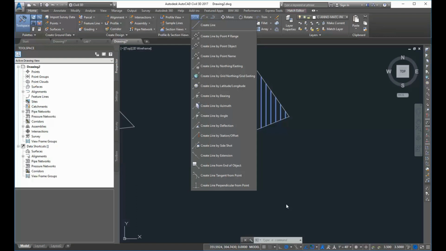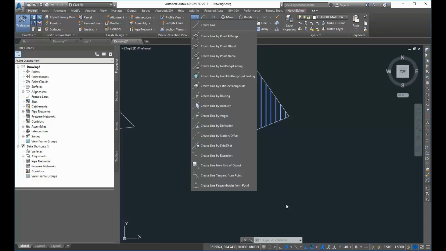It shouldn't take more than maybe 15 minutes to do, and then you're going to save it back to your own folder, and you can upload the DWG, the drawing file. You don't have to convert it to a PDF or anything like that. Just upload it to Blackboard and you're done. Starting with the next lab, we'll dig into a little bit more,